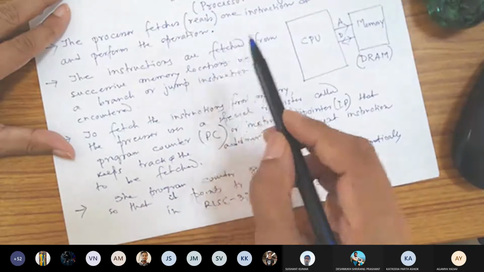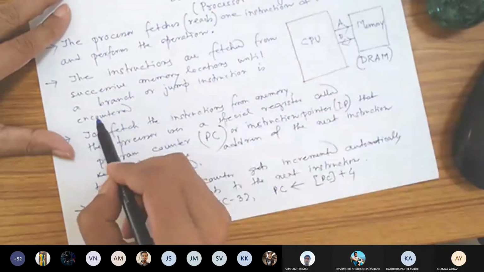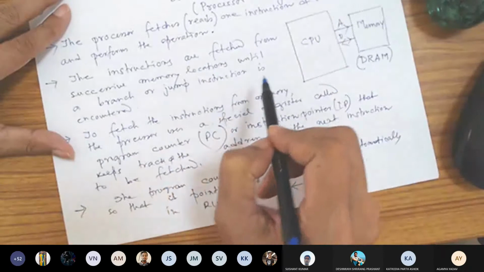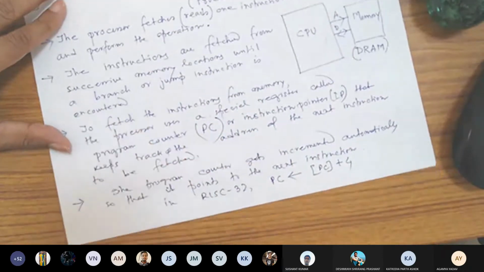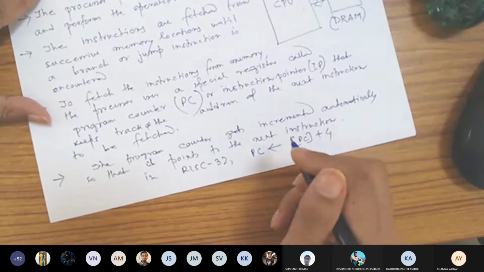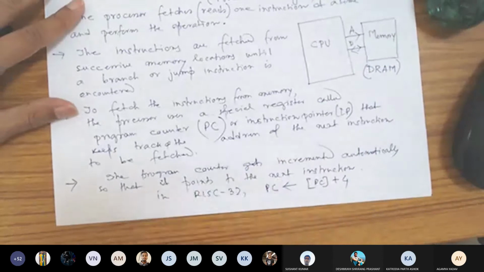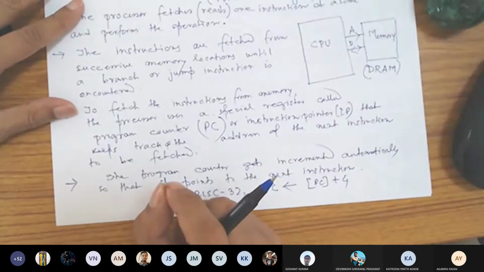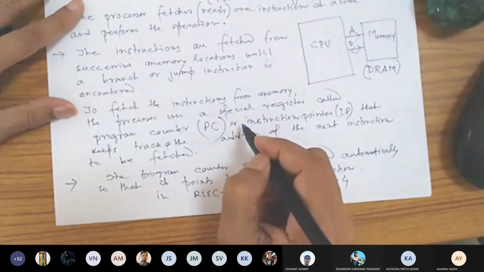Successive memory location means plus 4, plus 4, plus 4, until a branch or jump instruction is encountered. It means the increment of the program counter by a value of 4 may not be the final. You may need to update it at a later stage, depending on the previous instruction.